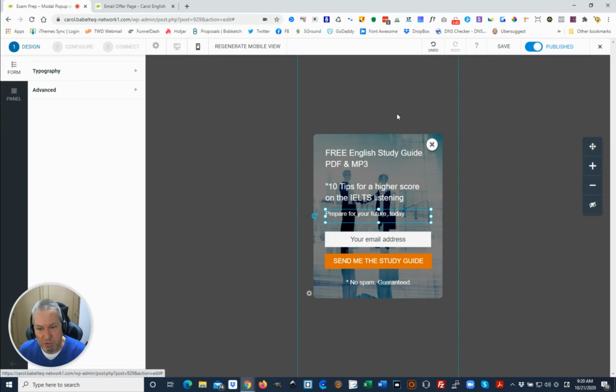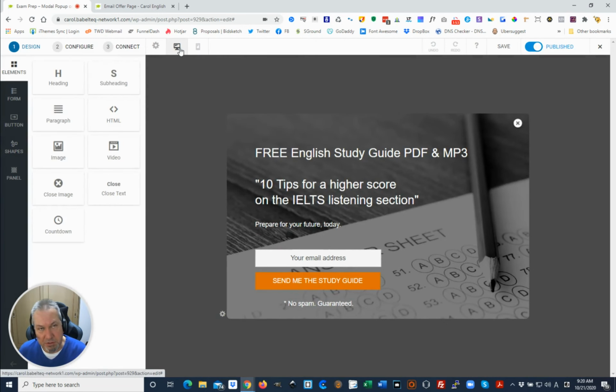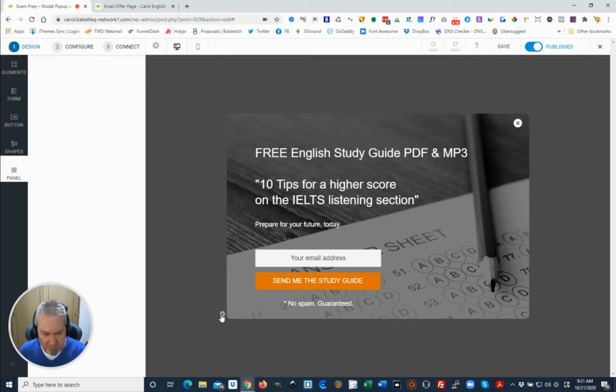Right, so we have those options to have a desktop version, which also applies to laptops. Sorry, which also applies to tablets, and the smartphone version. So there are three different steps to setting up a modal pop-up. So there's the design step, and you can see here if I click on that wheel, that configuration wheel, that opens up all these